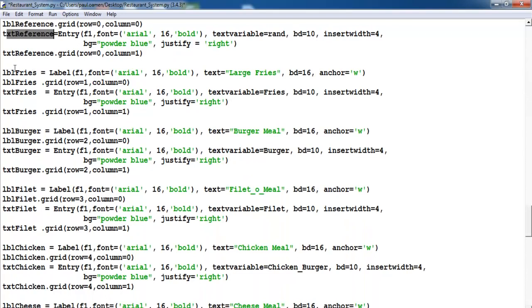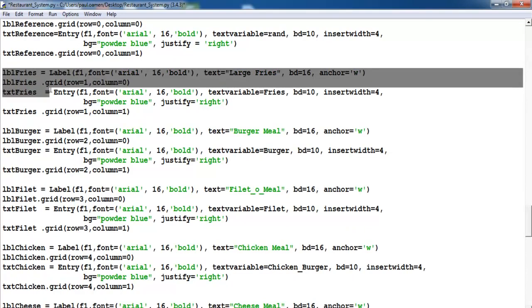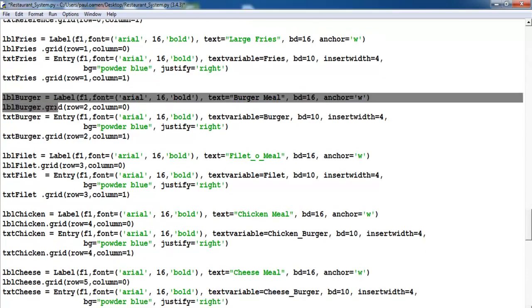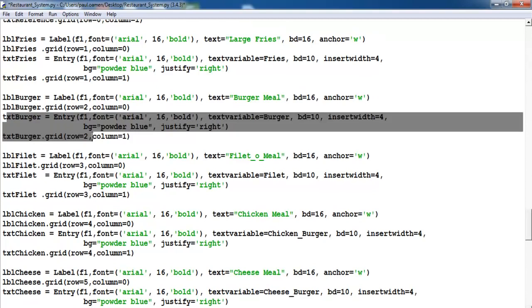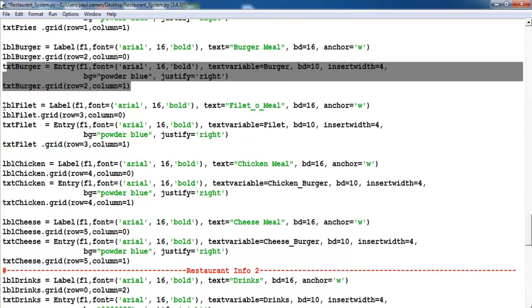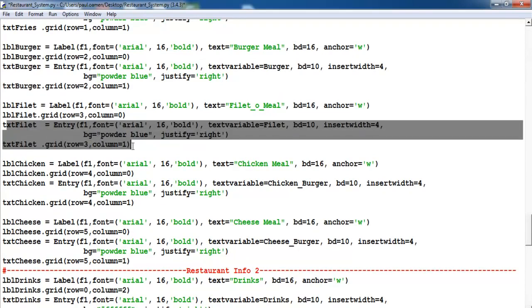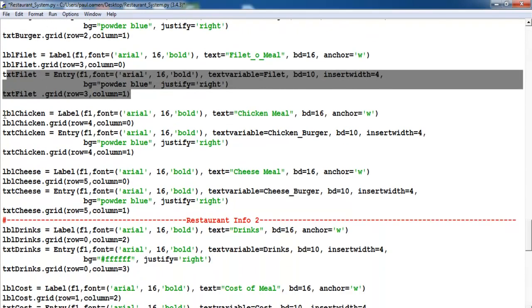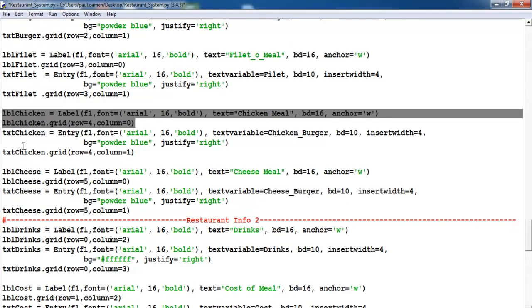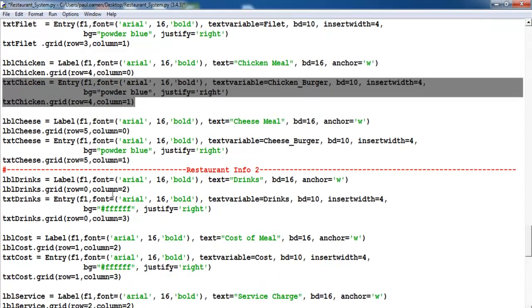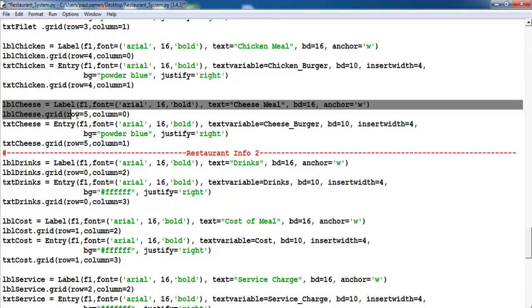And here, that's where you enter your fries. In here, burger identifier and fries, where you enter your fries, your fillet, and that's where you enter your fillet. Chicken burger, that's the identifier or the label, and that's where you enter the amount of chicken. Cheeseburger,